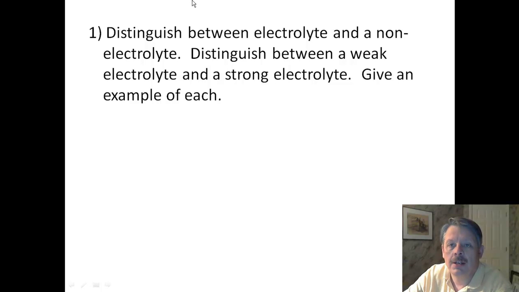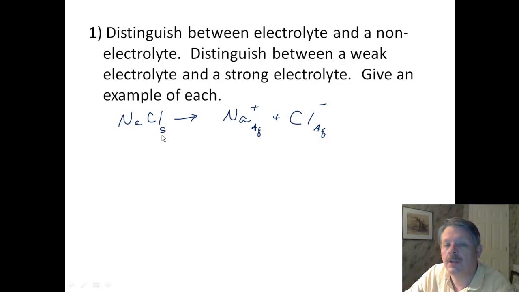An electrolyte is something that dissolves into ions. So, for example, when I have NaCl and I put it in water, it breaks apart into sodium ion plus chloride ion, and these are both aqueous. Whereas this over here was a solid. When we first start out, we dump it in water. Once you have these ions in water, these ions will conduct electricity, and as a result,